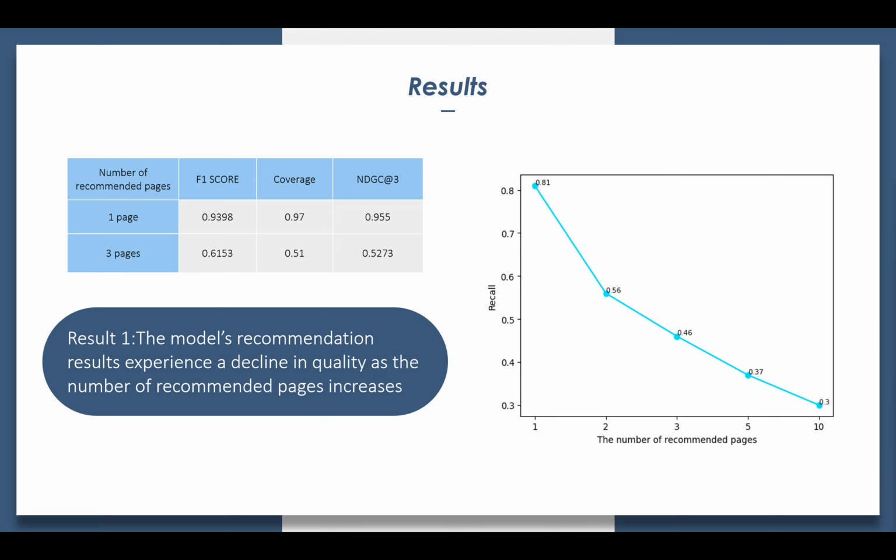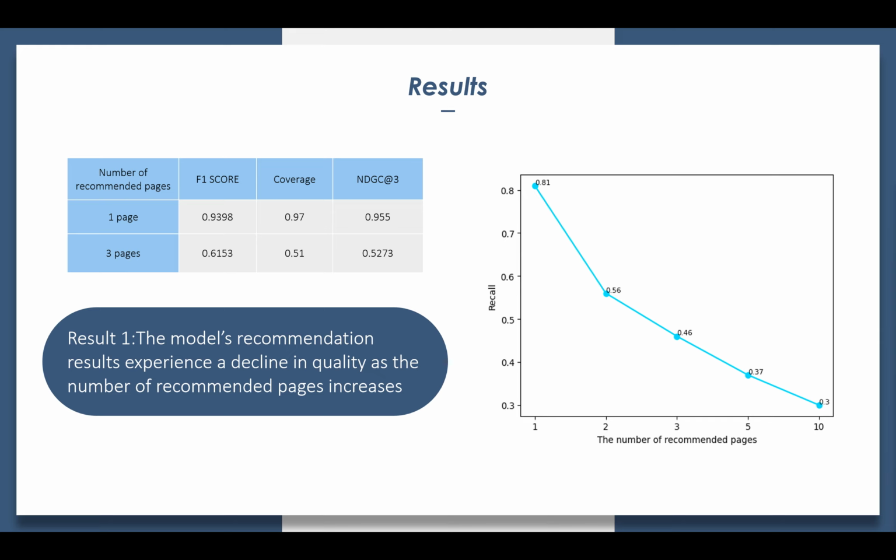The testing set used to evaluate the recommendation model's performance comes from 120 students who participated in the course in 2018. As shown in the table, overall, when only recommending one page, the performance of the recommendation system is excellent, being able to accurately recommend pages of interest to the user.